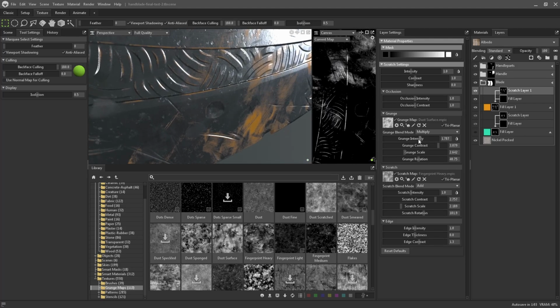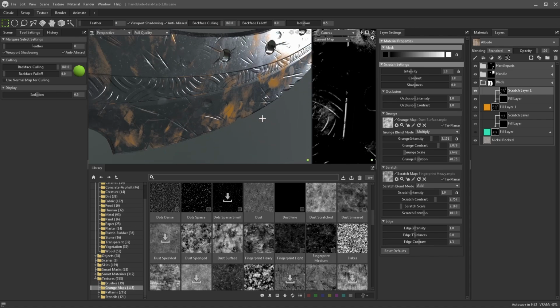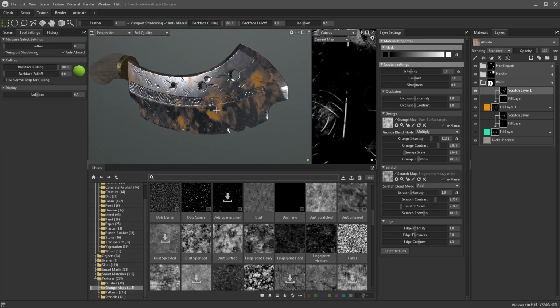So again, if I turn this down, it's really having the most obvious effect along the edges there. So you could turn that up quite a way there. So that's quite a nice result. Now if we go back to our